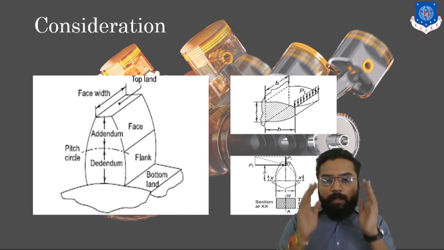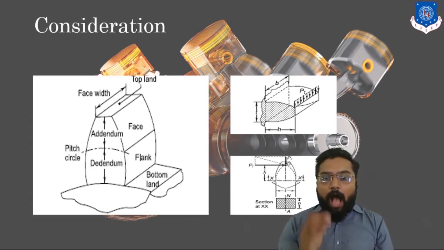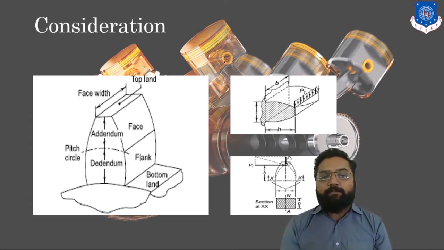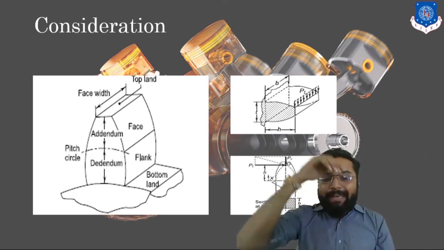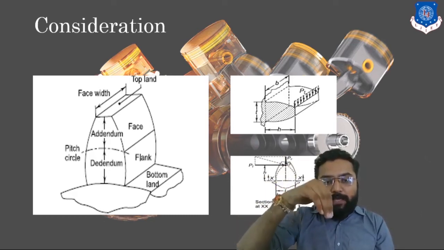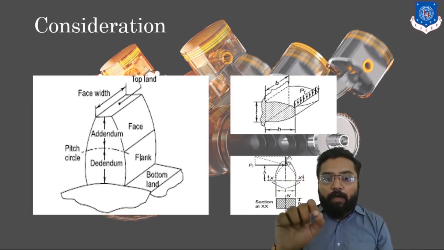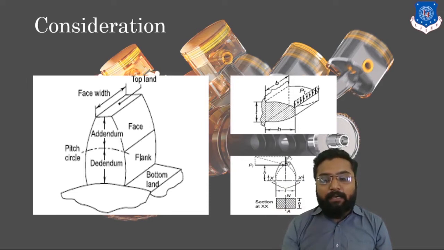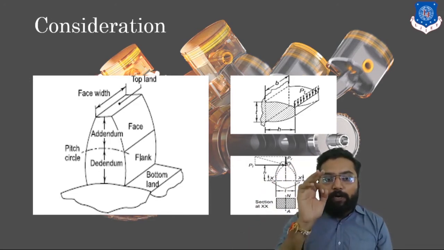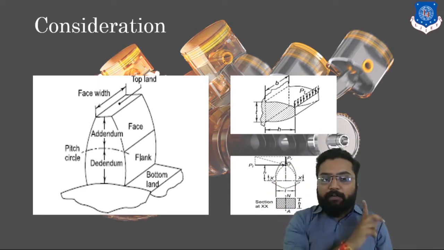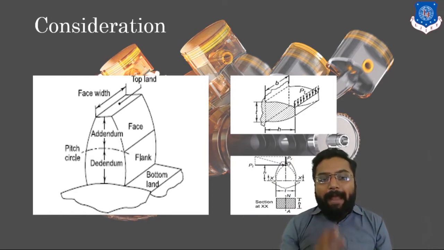So let's consider this. Our teeth will have two types of stresses. One is direct stress, or you can say compressive stress, generated by the pinion on top of our gear teeth. Clear? Here you can see a node called P. Here it has two components, one horizontal component and one vertical component. Vertical component will create compressive stress, and horizontal component will create bending stress.